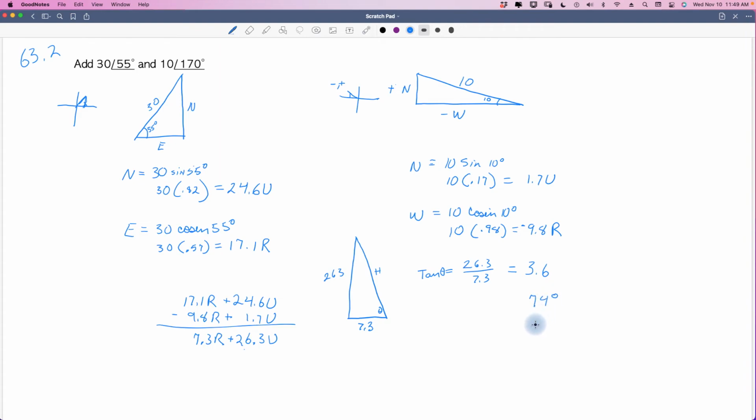All right, and our vector, our hypotenuse here, we're going to find that out the old-fashioned way. A hypotenuse measurement is also found using the distance formula, and that is both of our measurements squared, added together, and the square root taken, which is the same thing as Pythagorean theorem, just done a different way. So 7.3 squared plus 26.31 squared, right? And that ends up being